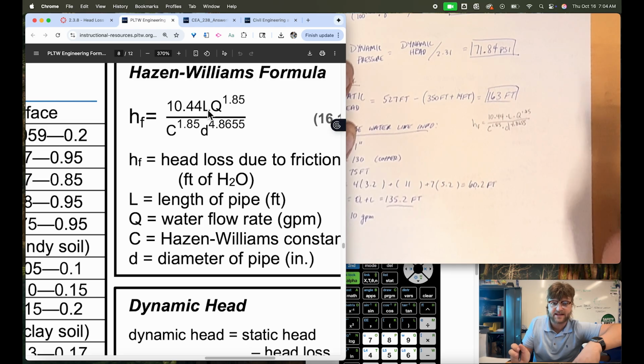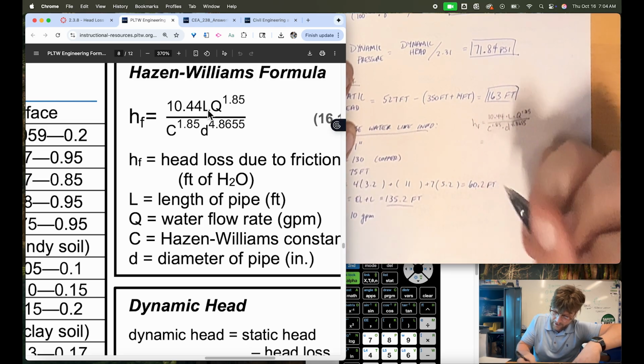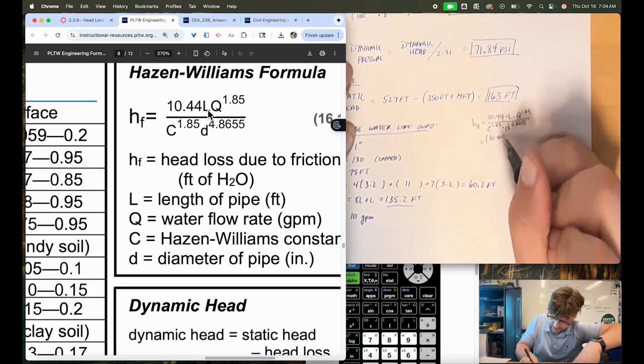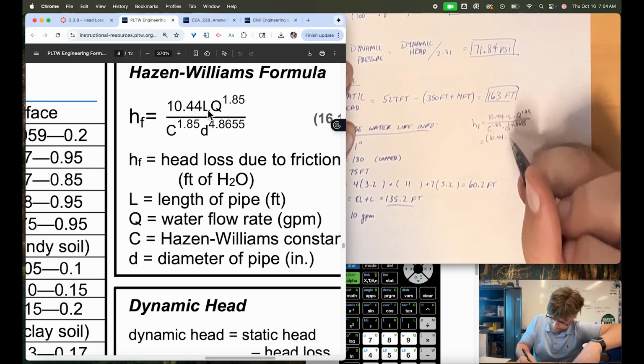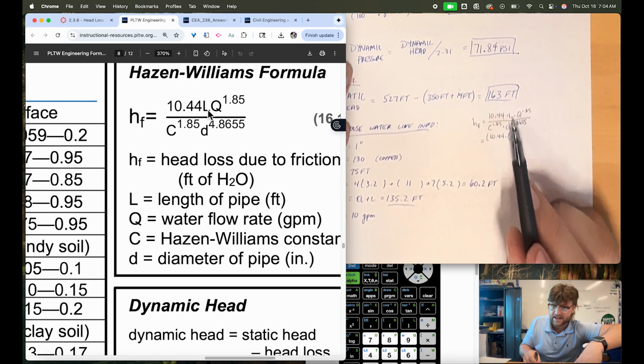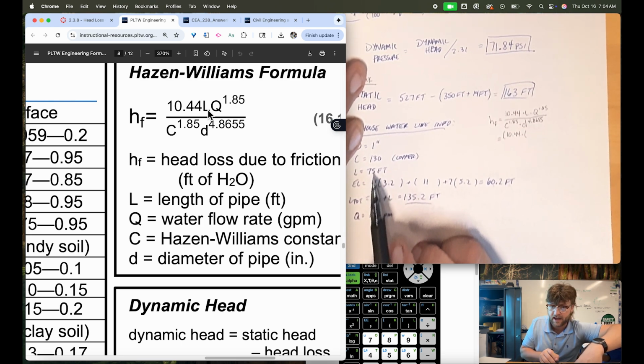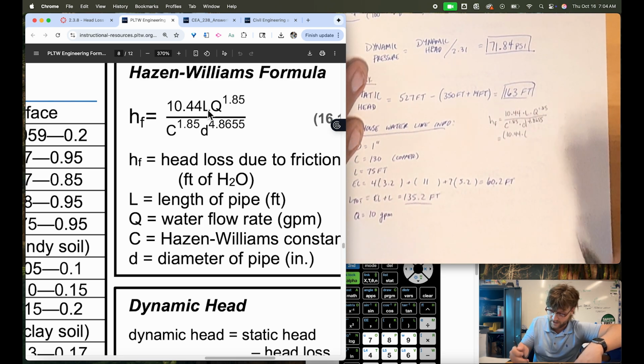4.8655 is that power that is raised to. And so now we can plug in our values. Remember, we want to use the big parentheses here on the top for our numerator. So our total length that we're going to be plugging in is the length of the supply line plus the equivalent length. And so we end up with